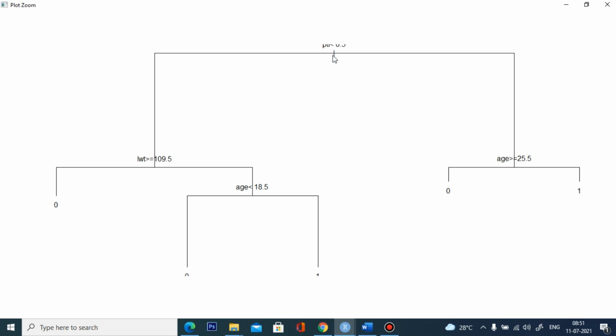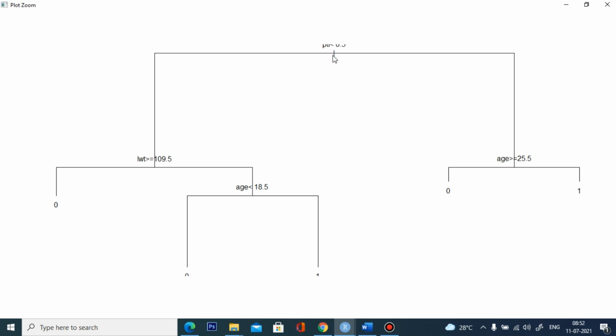In your PTL, meaning premature deliveries in previous days. Okay, if you have one or more premature deliveries, and your age is greater than 2.5, then there is a chance for low weight.